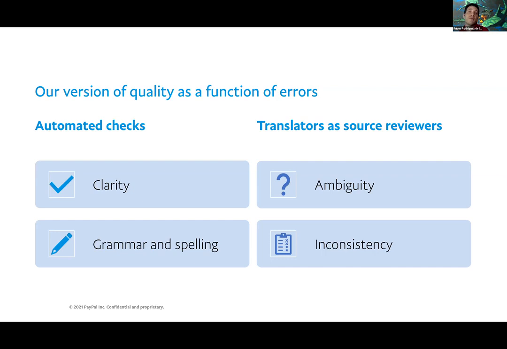So we check our content for clarity. Clarity is essentially very similar to readability. So it's a mathematical function that will let you know how easy or difficult it is to understand a piece of text. And then we also check grammar and spelling automatically. Then